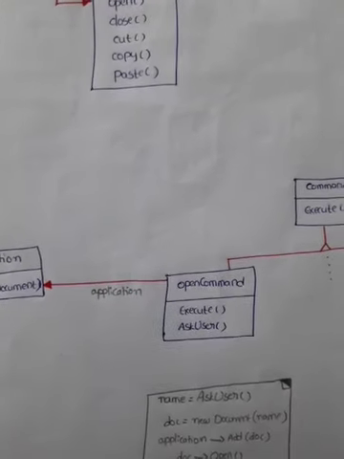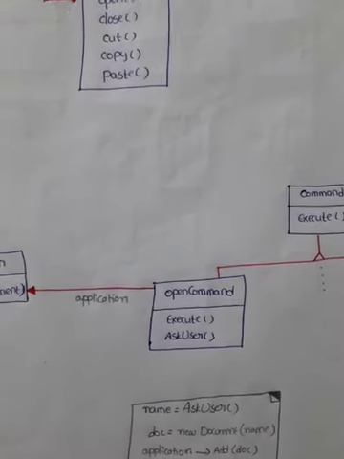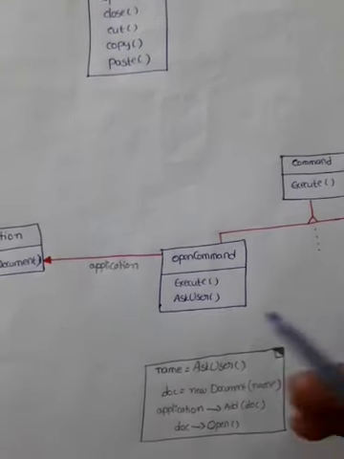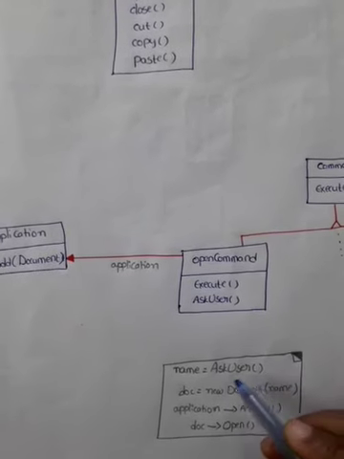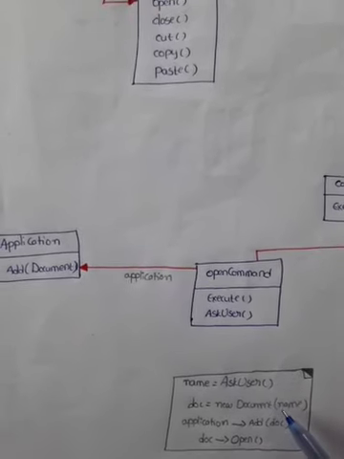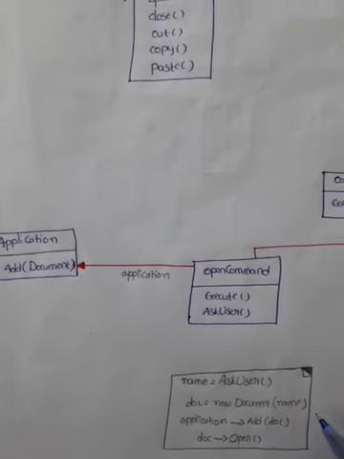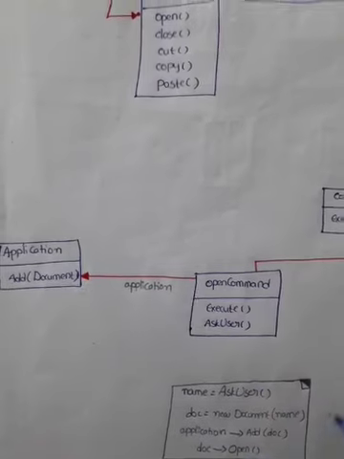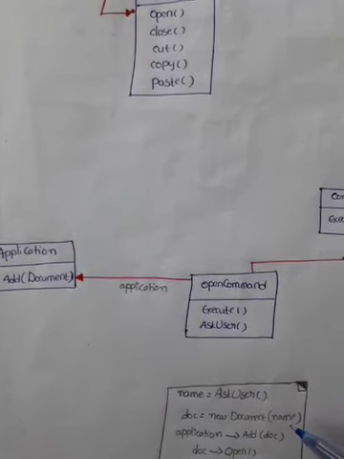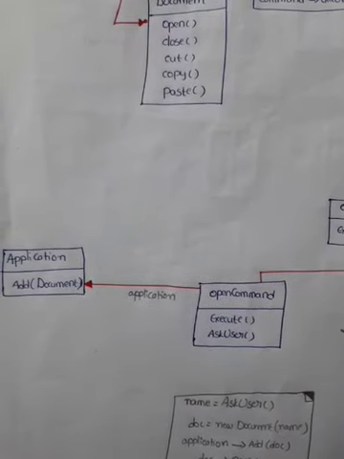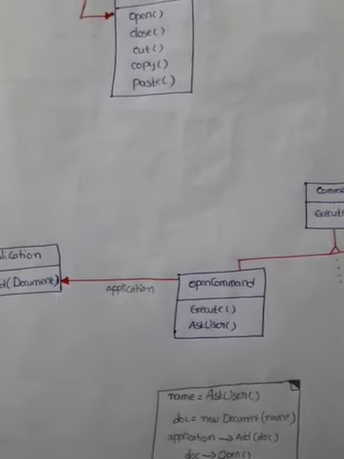It prompts the user for a document name, and it creates a corresponding document object, adds the document to the receiving application, and opens the document. So in such a way, the document has been